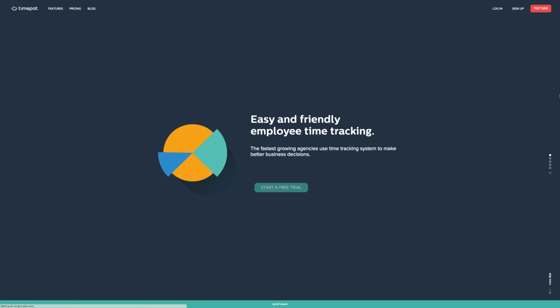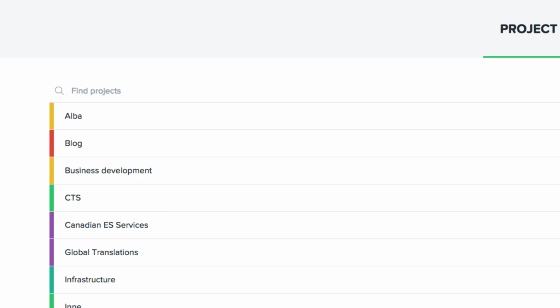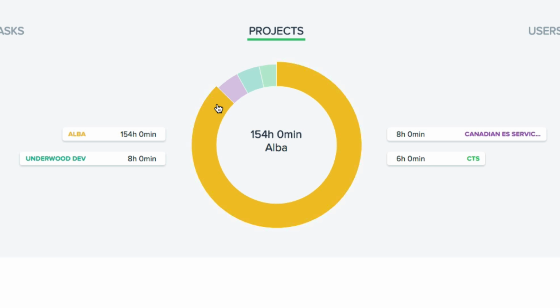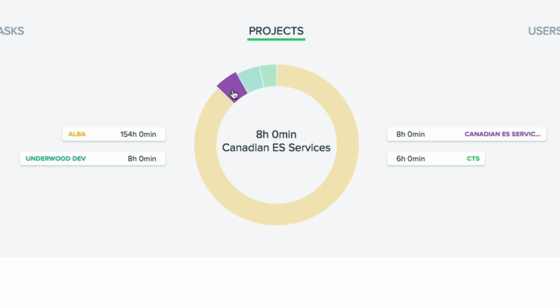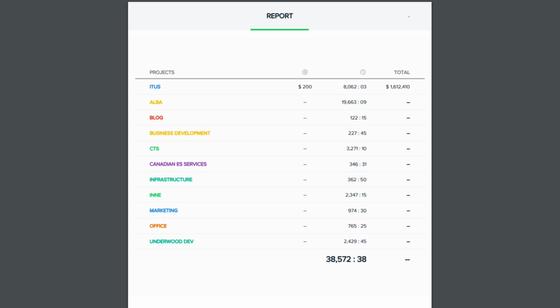Time tracking can seem like a pain, but whether you're an independent freelancer or a multinational organization, keeping an eye on how much time is spent on tasks is vital to understanding the health and productivity of your work. Timepot is a comprehensive, powerful time tracking platform that is not only intuitive and super easy to use, but it